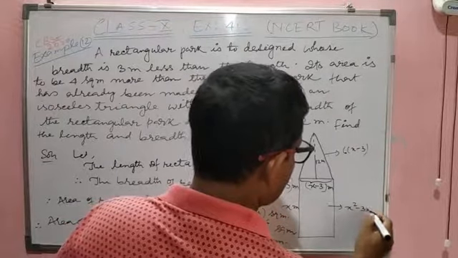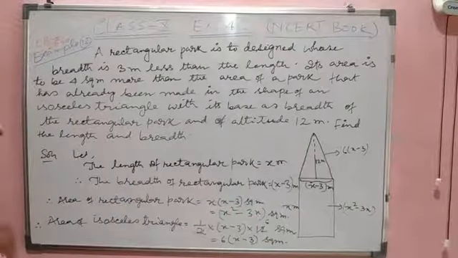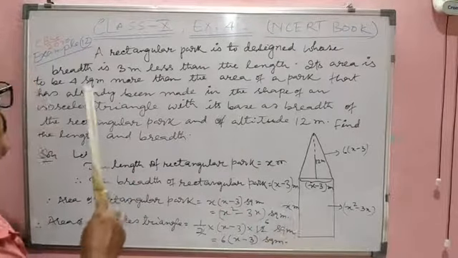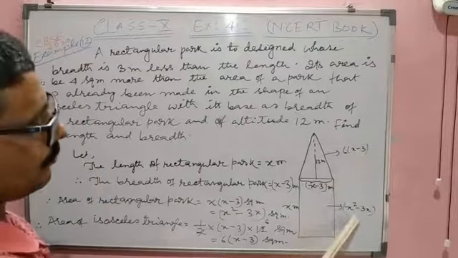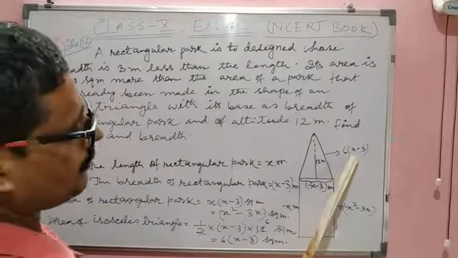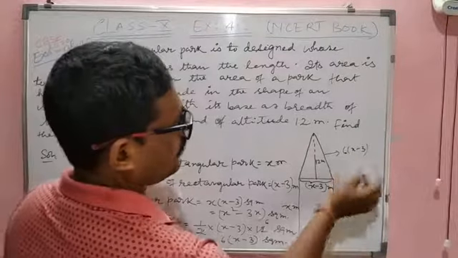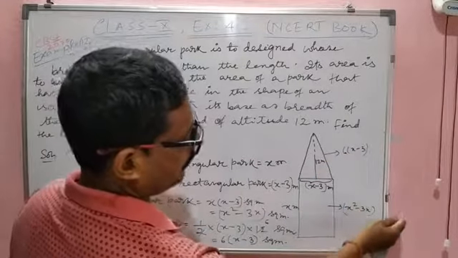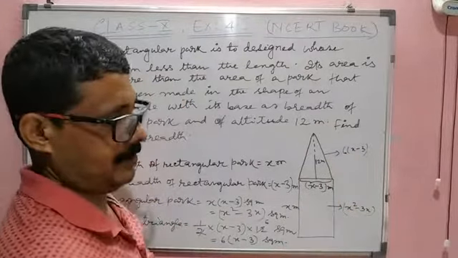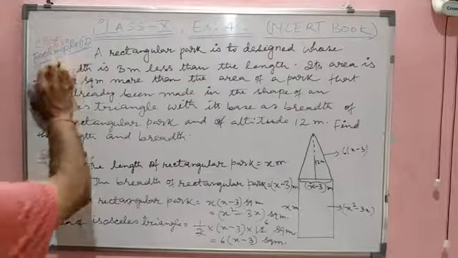square minus 3x. Now according to the question, area of this is 4 square meter more than this one. That means here it is 4 square meter more, here 4 square meter less. So to make the equation, here more, here less, if we add 4 here, both will be equal, or if we subtract 4 from here, then also they will be equal. So let us see how to make the equation.